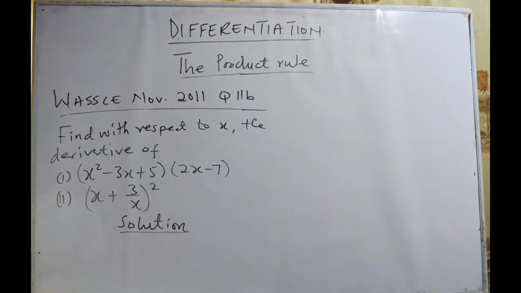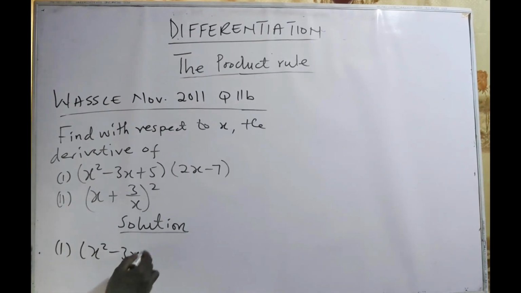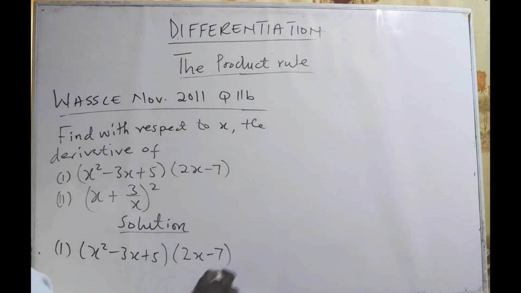Alright, so let's solve the first one. We have s squared minus 3s plus 5 multiplying 2s minus 7. If you want to differentiate this, since there are two functions multiplying each other, you can let u be equal to this and v be equal to this. Then you go your way and do it. But as I've said,